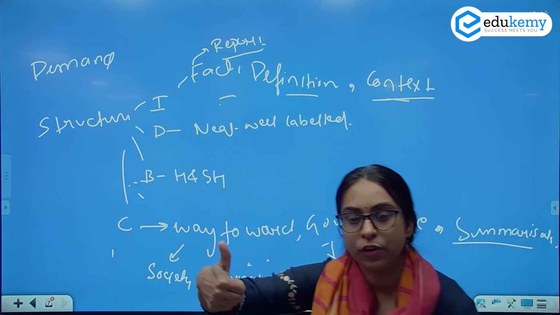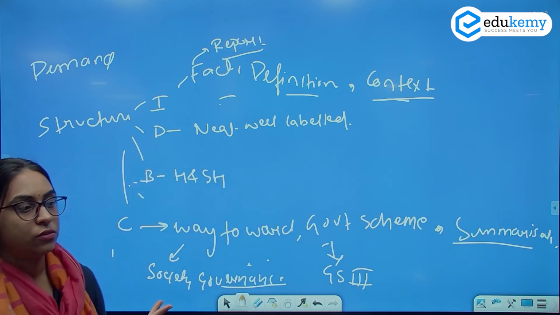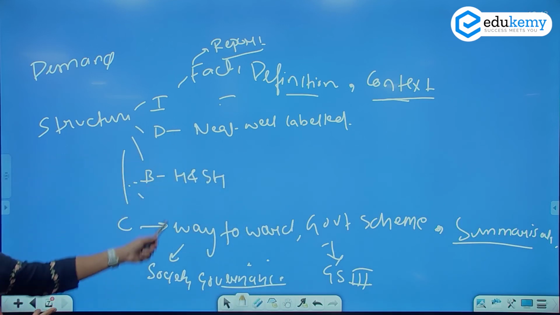So what is the type of intro? What do we need in the body? What should be a diagram? And for optional, a diagram is a must. And the conclusion, the 3 types of conclusion. Now for your body part,